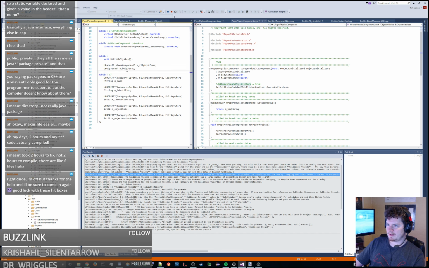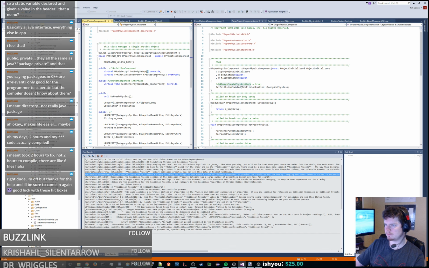We've got our body set up, which is fine. Collision enabled is query and physics. I think it's by default that we created this thing, and it's set to override. So we need to fetch the actual masks for the